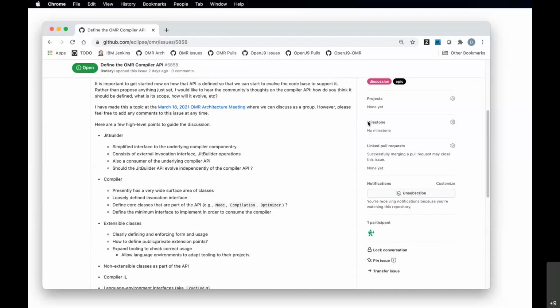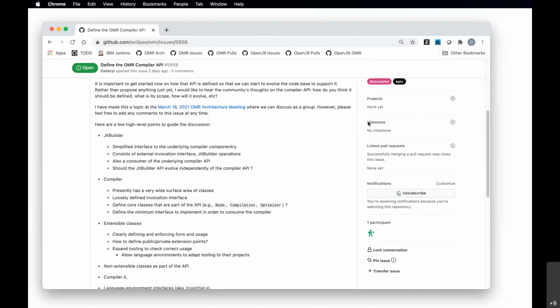I will say that this is not something that's going to happen overnight. It's going to take, I think, a fair bit of time and effort in order to evolve the code that we have. I mean, as Leo said, we're defining an API from an existing implementation, so it may not be easy to go from one state to the next.